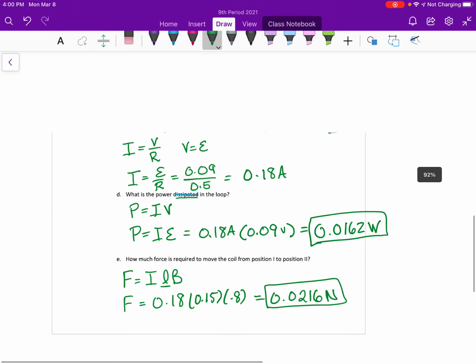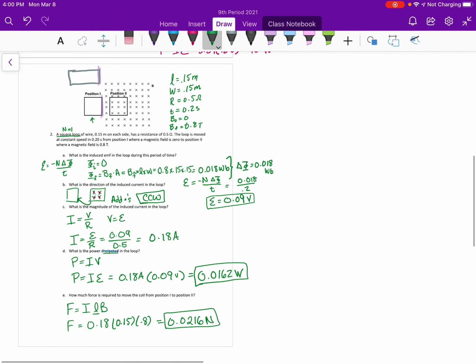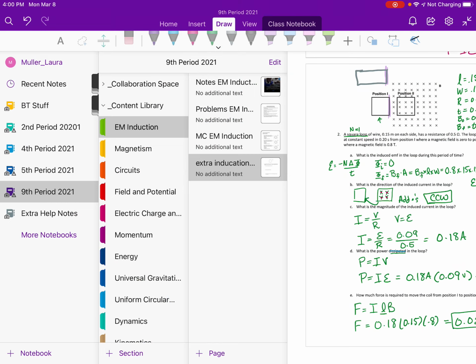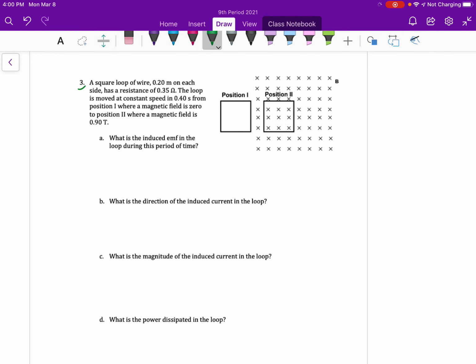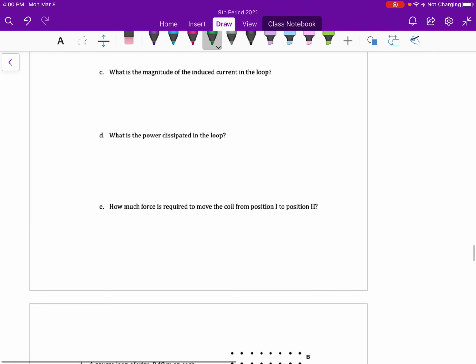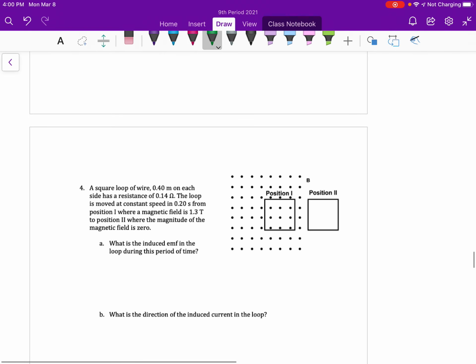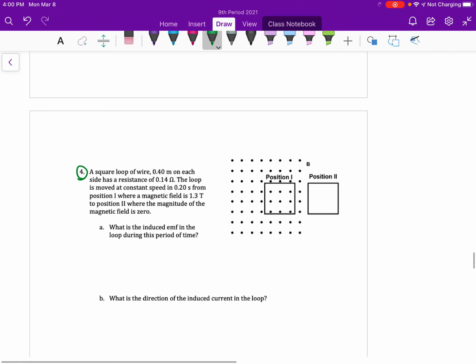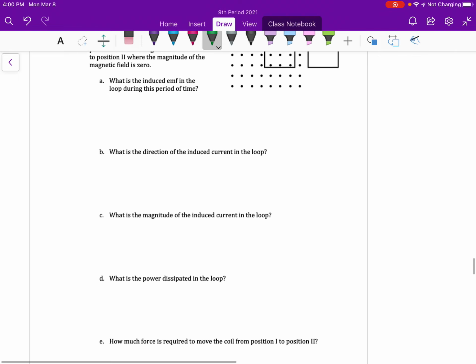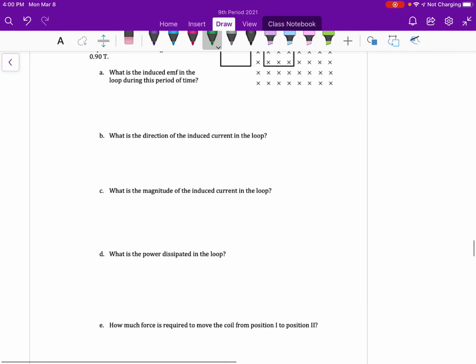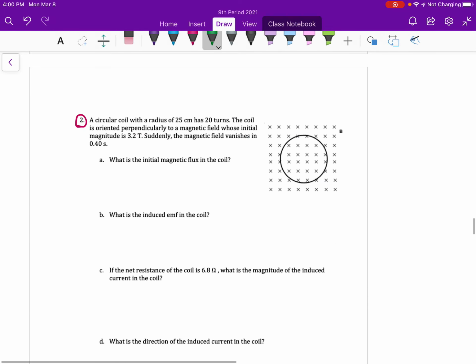This problem is very similar, if you look through and follow the steps, to problems number 3 and 4. Here's a square loop being pushed into the magnetic field. And here's another one, number 4, another loop. This time it's being pushed out of the magnetic field. Really won't change anything. The only thing that'll change is the sign on that change in flux, but that won't matter anyway. So you can do problems number 3 and 4 for homework,